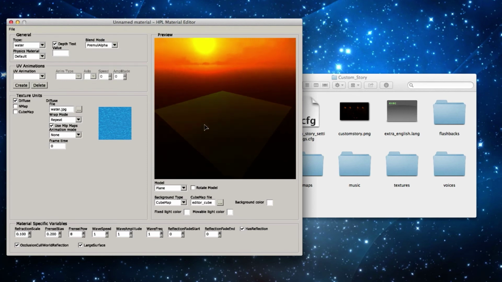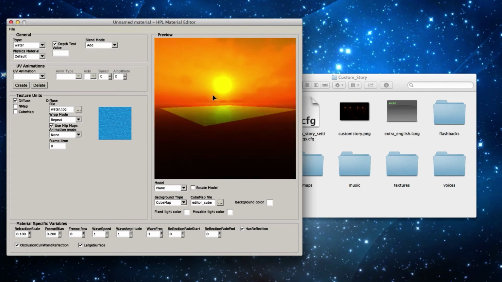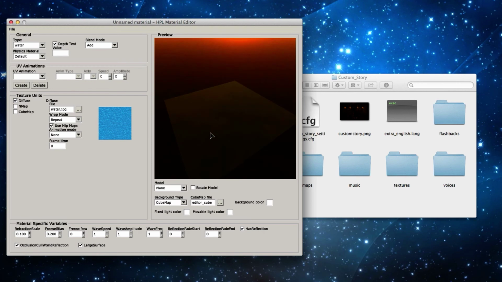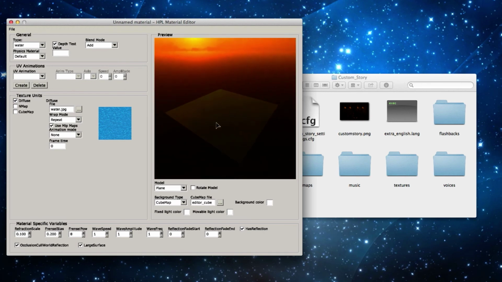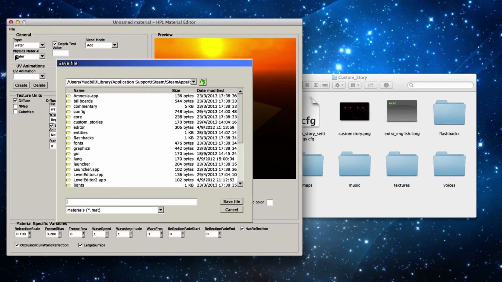I believe if you have semi-transparency in your file, you should probably use alpha. This one is not transparent at all. However, the water effect makes it somewhat transparent, I think. So yeah, that's basically all you need. Just make it a water, and you can also make the physics water, so that it actually is water. Anyways, otherwise, go on File, Save As, and you will be able to save the .mat file.